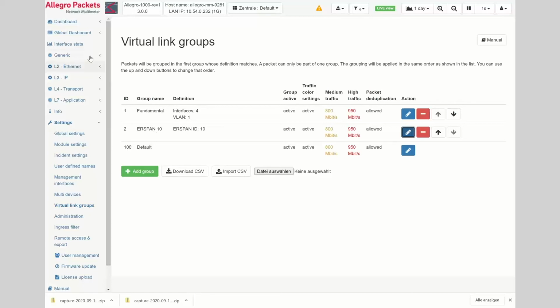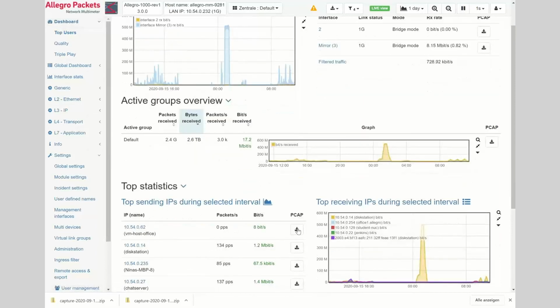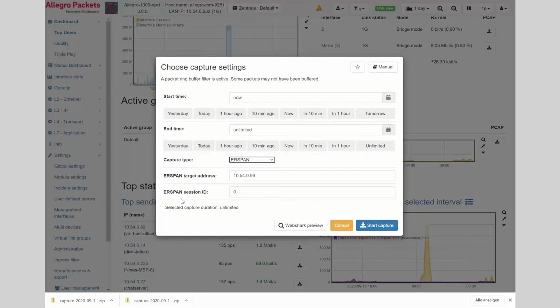Okay, last but not least, if you do a capture, you can do the same now with a capture. So if you say, okay, don't save this on a disk, don't forward the packet on the interface directly, you can also forward captures on ER-span. So for example, you could use a local Allegro to filter out very specific traffic. So you only like to see from that IP address only the DNS traffic, for example. Then you can forward that traffic to a target, for example, another Allegro with a specific session ID.